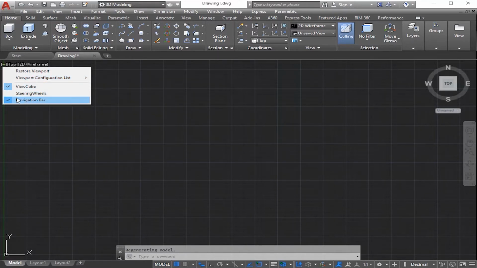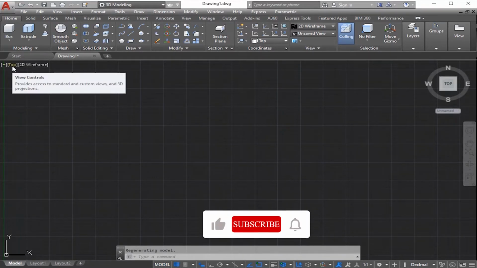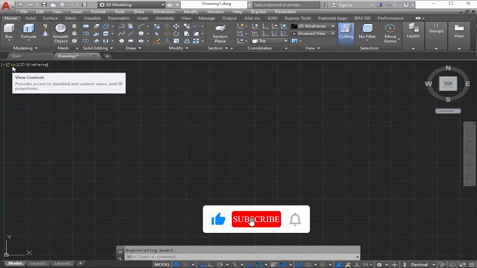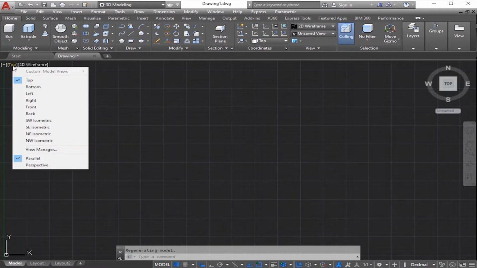You can see these navigation tools: view cube, steering wheel, and navigation bar. We can go over here and click to choose between several standard and custom views. We can go to any of these isometric views, and also to these orthographic views as well.